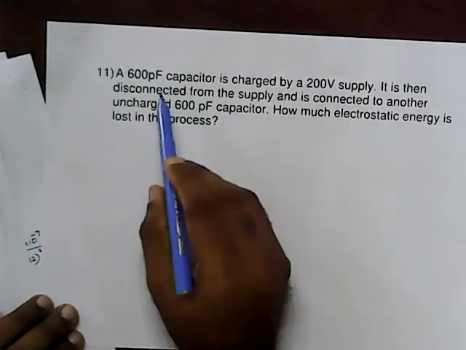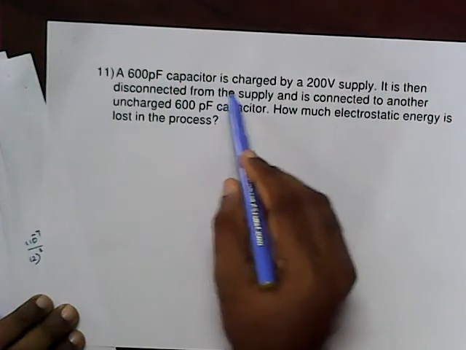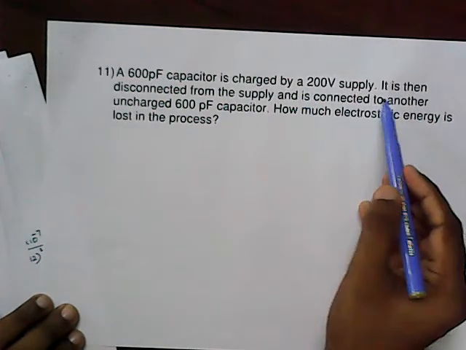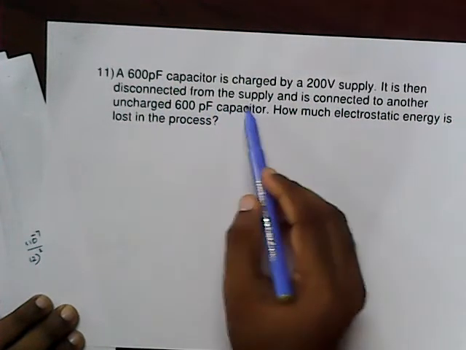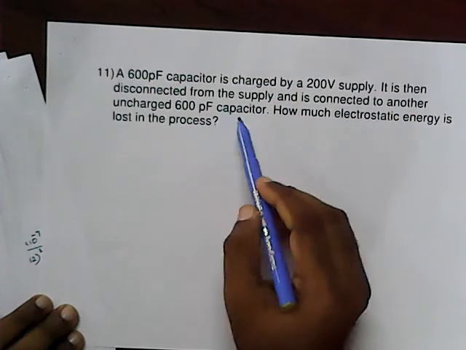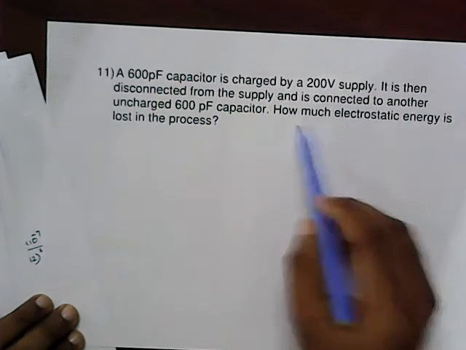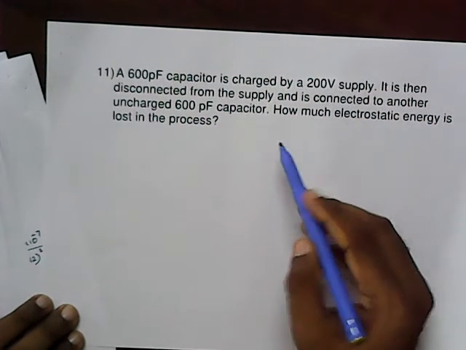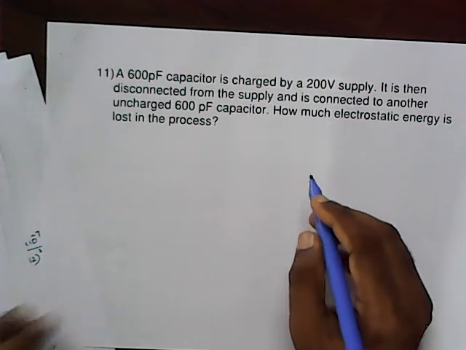A 600 picofarad capacitor is charged by a 200 volt supply. It is then disconnected from the supply and is connected to another uncharged 600 picofarad capacitor. How much electrostatic energy is lost in the process? So,